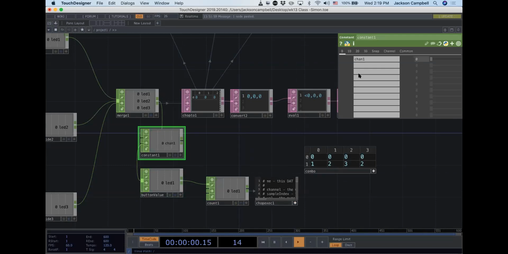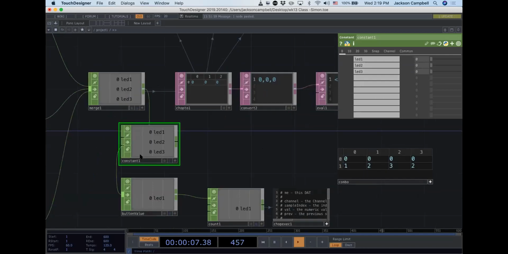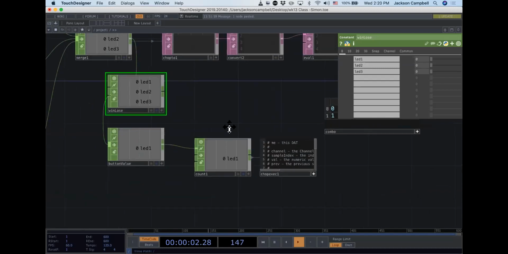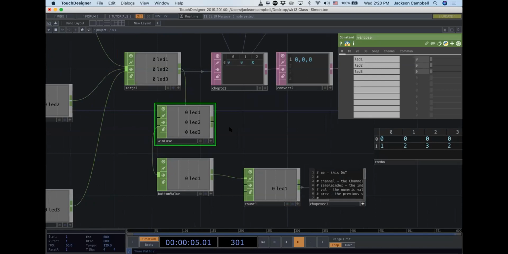All right, so constant. Make this constant have 3 channels, and go ahead and label. See how these are channels: LED 1, LED 2, and LED 3. Let's label these the same: LED 1, LED 2, LED 3. Okay, and instead of calling this constant 1, call this win-lose. Okay, win-lose. And then we want to send this to an